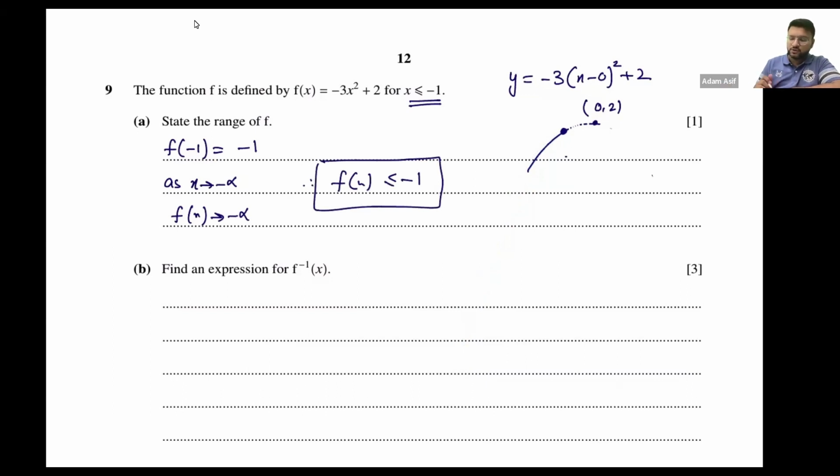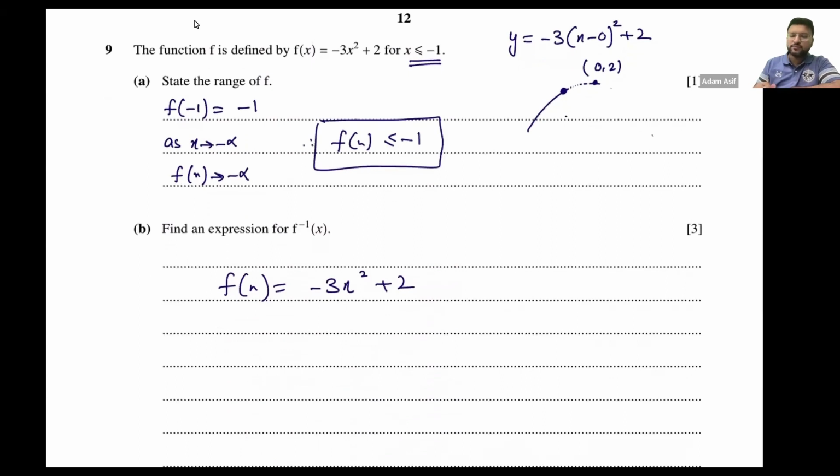The next part says find an expression for f inverse of x. f inverse of x के लिए we always need a completing square form. Luckily this form is a completing square form, तो मुझे completing square form बनाने की